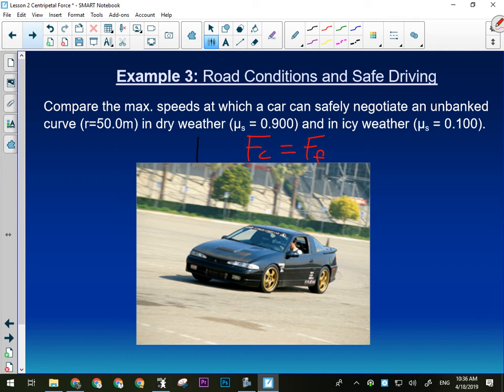So what I've just done there is the vector sum of all forces. Friction's the only force. Gravity and normal force don't really matter here because they're vertical and they cancel. It's a level surface. So I've got these two forces equal to each other. That means mv squared over r equals, what's the formula for the force of friction? Right, mu times the normal force. Since this is an unbanked corner, it's level, so normal force is equal to gravity. So I can alter this and say,